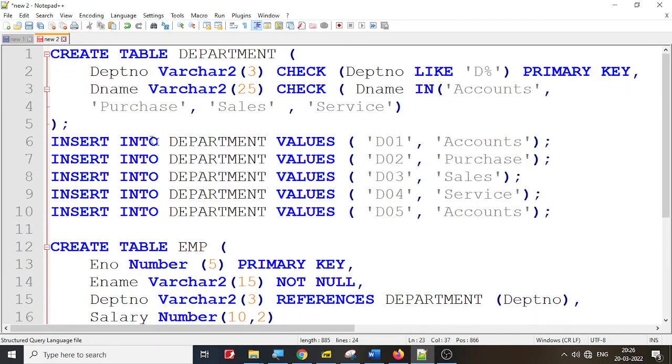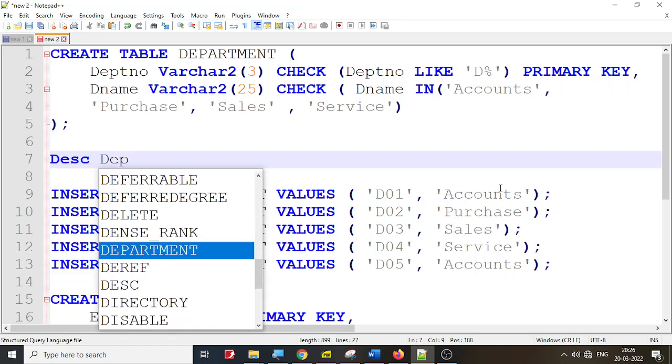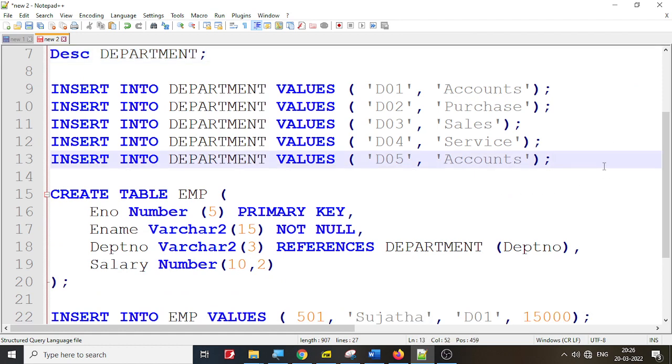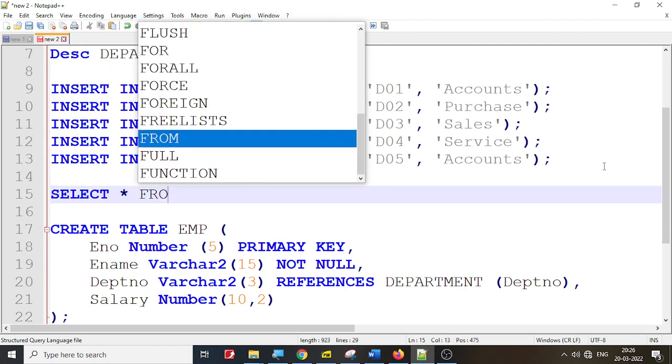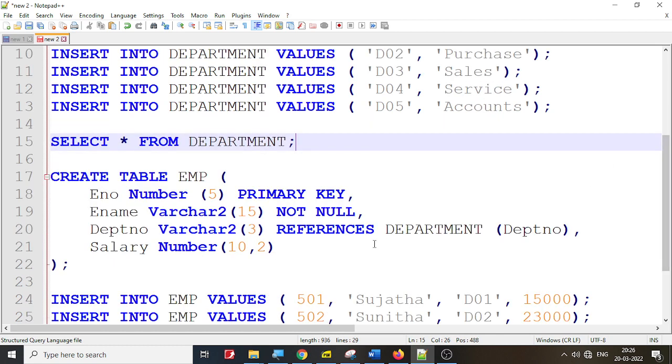Now, as usual, once you create a table, it is better you describe the table. I'm going to say describe the department, and once you insert some things into the table, you just write select star from department, and